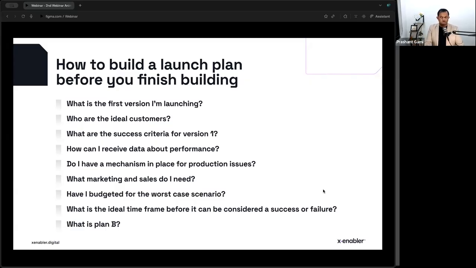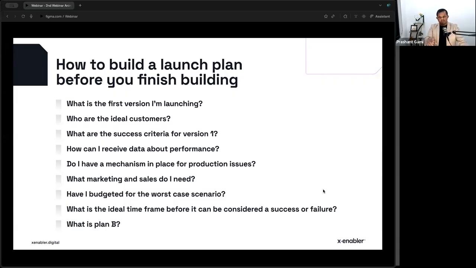Same with success: how many skateboards you will sell cannot be compared with a car, because a car is a completely different buy, completely different market, completely different segment. So what you are building in version 1, how will you call it a success? Number of users, number of subscribers, traction, or a hypothesis that you need to prove right. It might not even generate any profit, but you will still identify that yes, if this problem is solved, people are happy to buy.